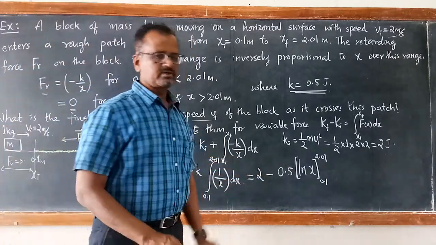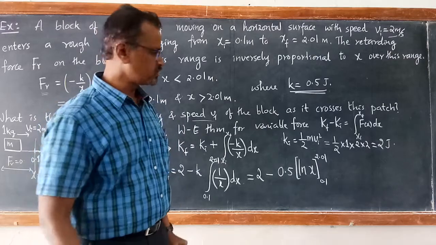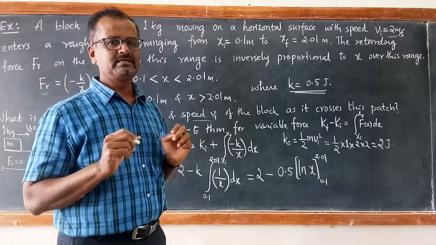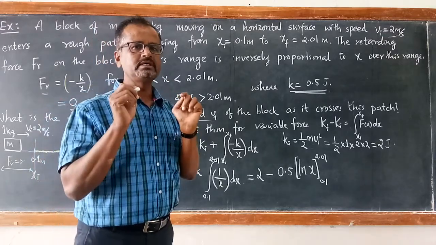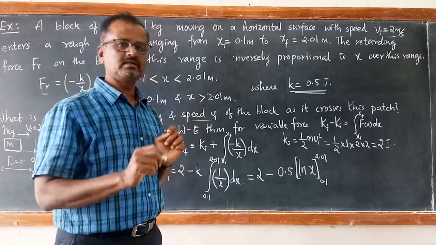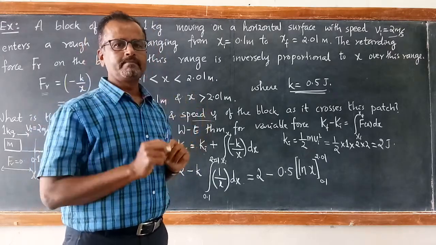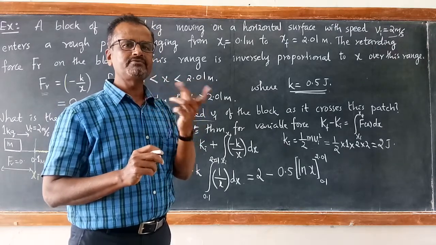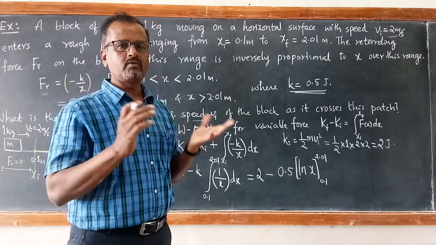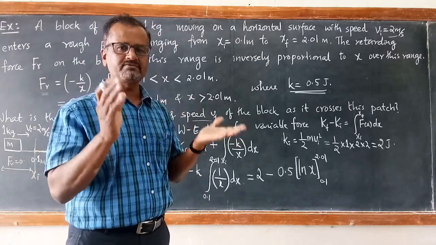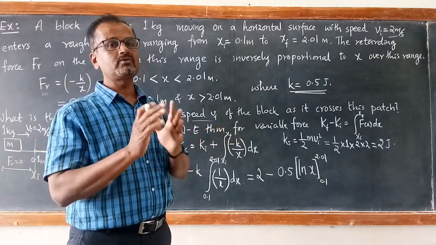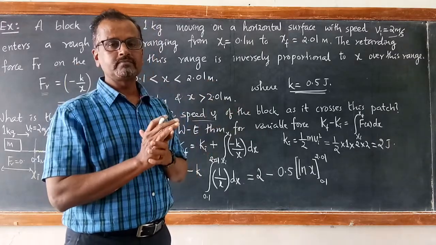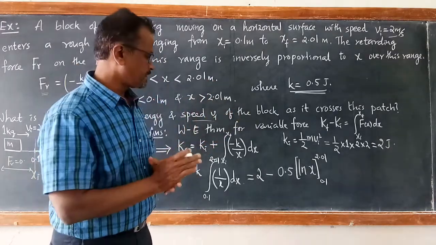Now what is the meaning of natural log? That question arises. Natural log means logarithm to the base e, where e is called the Neperian base, with value 2.71. You learn all these things in mathematics. If you have Clerk's table, you can refer to it. The meaning of logarithm to the base e, what is natural log, what is the log to the base 10, and how to convert natural log to log to the base 10, all these things are given.